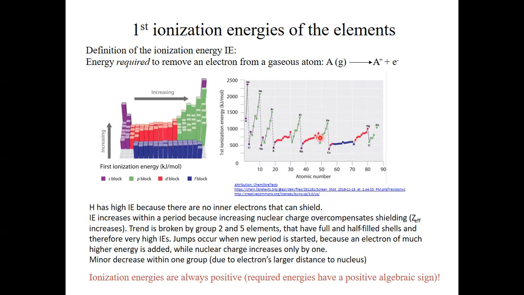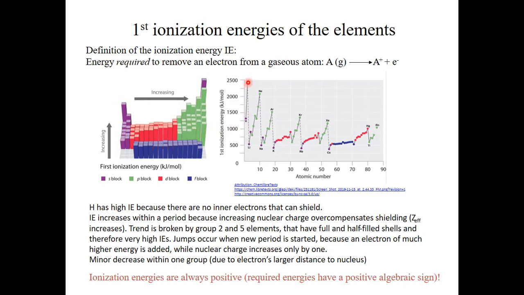Okay, so there's one thing which is noteworthy, which is that there's an anomaly in the first group. As we go down the first group, we see that there's a huge jump, or a huge decrease. Maybe I should explain this in a moment, because now here we are going down a group, we're not going across the period. So now let's look at the second trend, which is that whenever we start a new period,